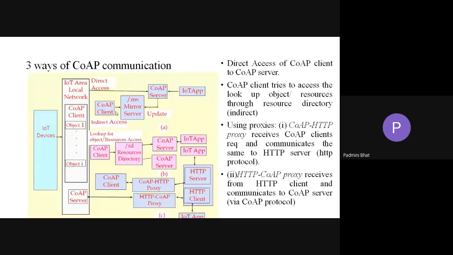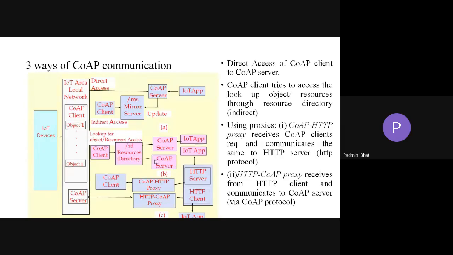There is a difference here. The client is just placing the request to the RD. The RD decides who is the best server for this request. It selects the server and asks that server to run that application and give the response or output, and that will be sent back to the client.